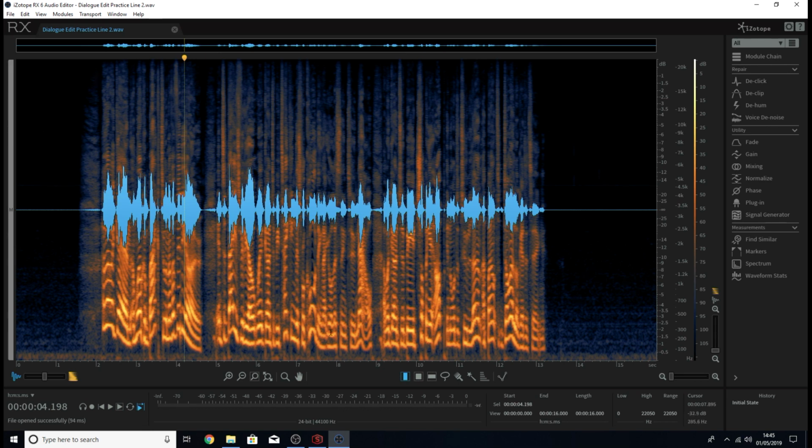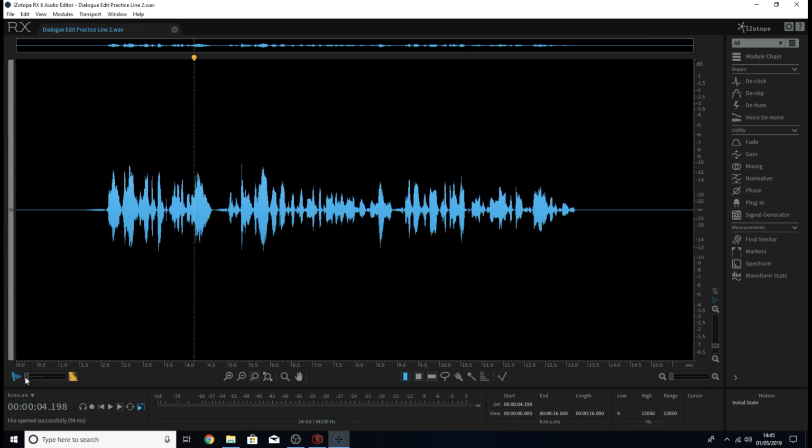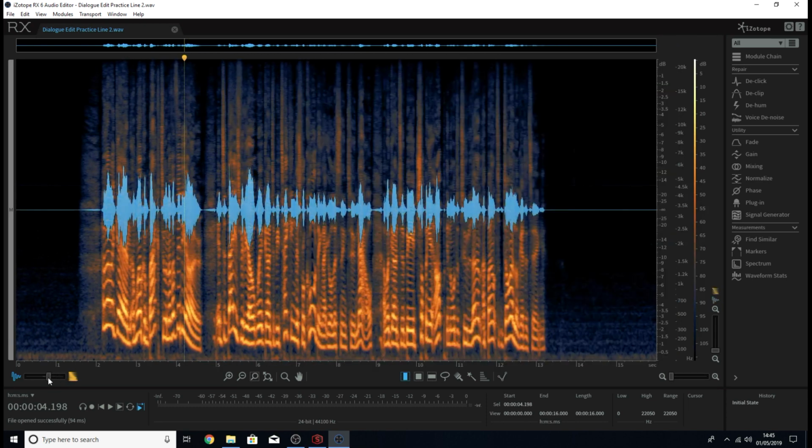The brighter colors mean that the frequencies are more intense and louder, and the darker, bluer colors mean that they're quieter. You can adjust how much you see of each by adjusting this little slider in the bottom left, so we can either see more of the waveform or the spectrogram, but for now I'm just going to leave it